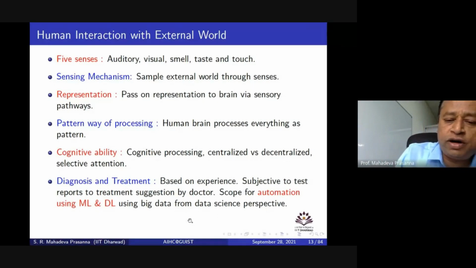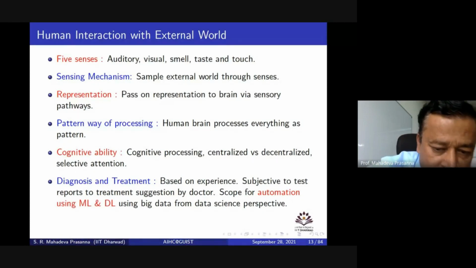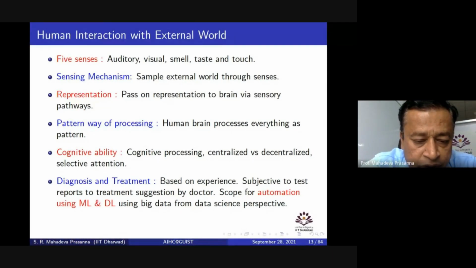Alternatively, if I go for automation using machine learning and deep learning, even though in my clinic or my hospital the amount of data is less, then under that condition we can use this automation using machine learning and deep learning using big data